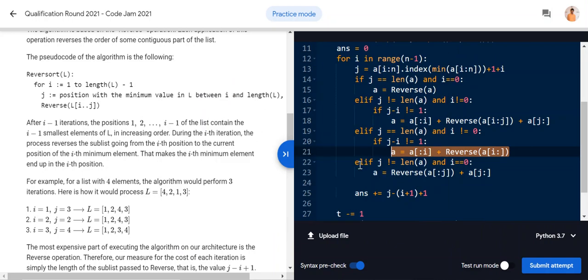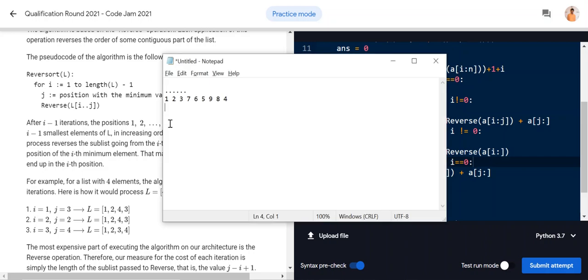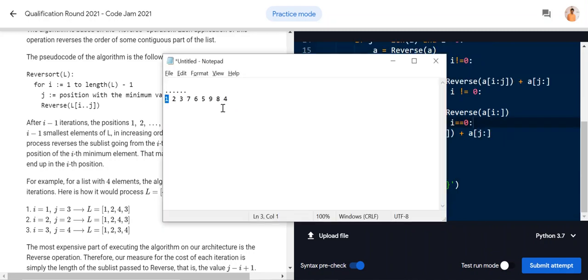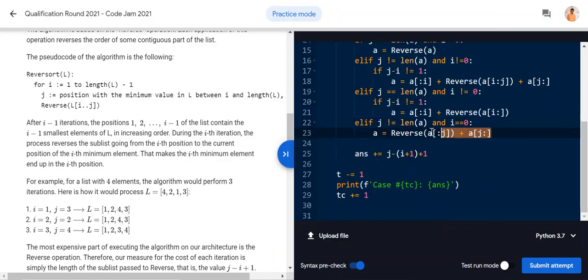And finally I'm checking I is equal to 0. So I'm searching from here, the number 1. Imagine that I'm doing the first iteration, 4, 5, 6 for n is equal to 6, and I'm searching for the number 1. So I'm reversing from here till here, only reversing these parts, and this part remains as it is. That's what I'm doing over here.